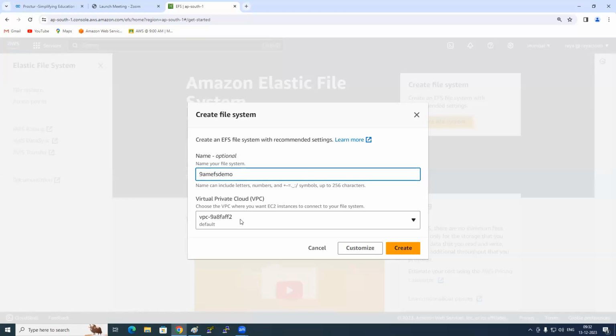So 9 a.m. EFS demo. And here we have the VPC, right? This is a VPC. So click on customize. Everyone can create it. Let's go and do it in more depth, right? So